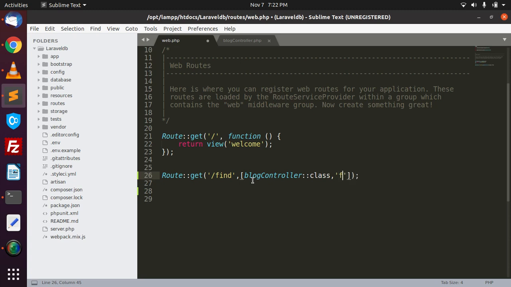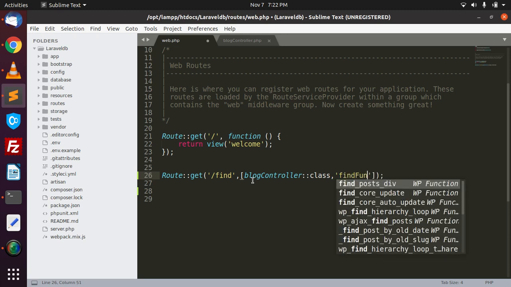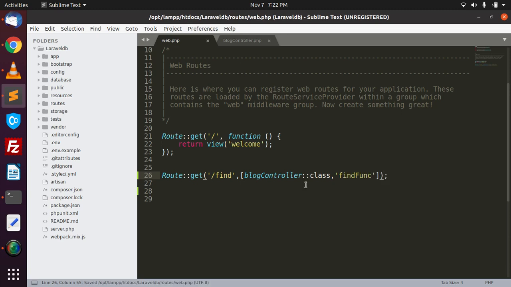Now our function name is find func. Now save this. Now we will use this function in our controller.